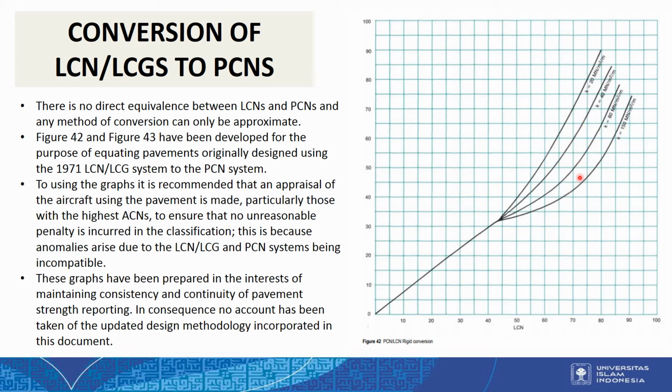After we meet the right K, the right number of K here, we project it horizontally, and then we will get the PCN number here. And this is for the rigid